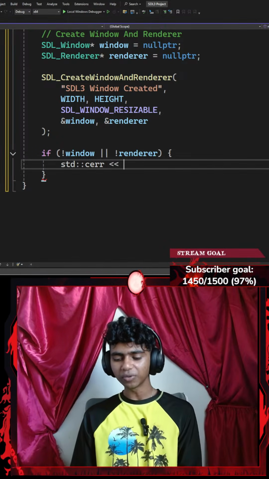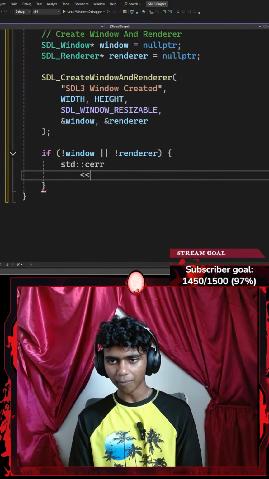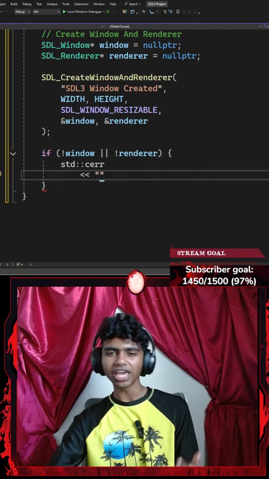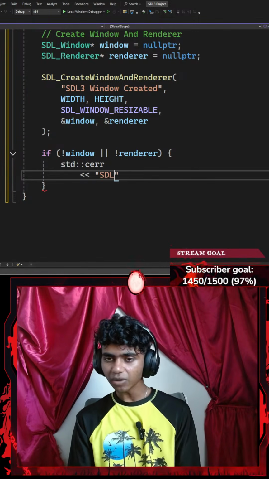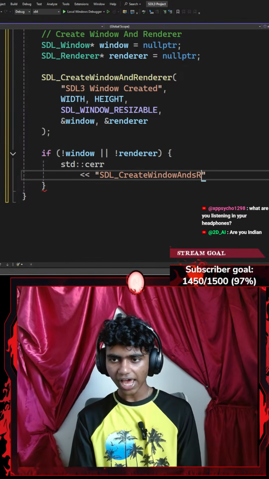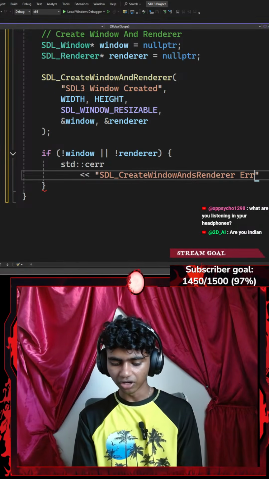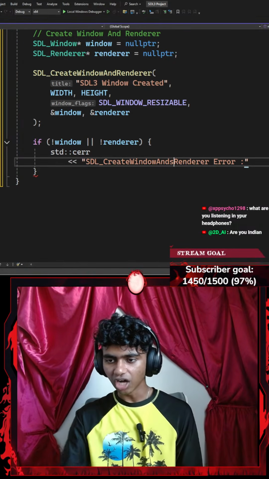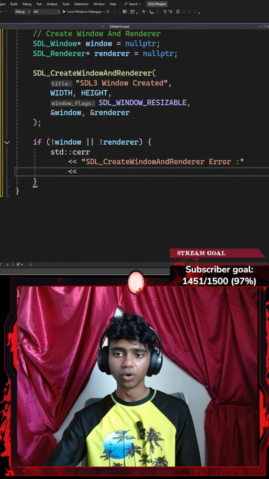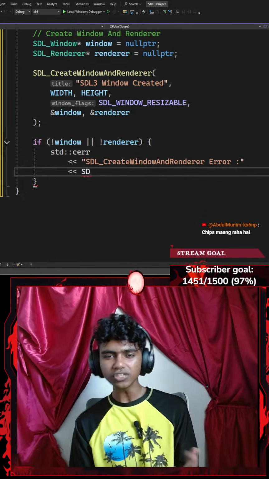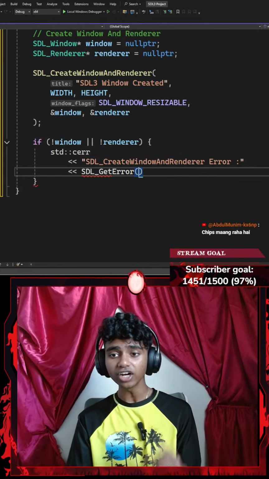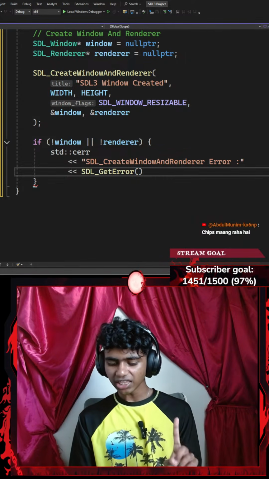Now I might go with an insertion operator down here. Then I'll add a pair of double quotes and add my function name and say an error if an error did happen. So I'll go with something like SDL_CreateWindowAndRenderer error. There we go. Then I'll go with another insertion operator and use the function that gets me an error. So I'll go with SDL_GetError with a pair of parentheses, and then I'll add another